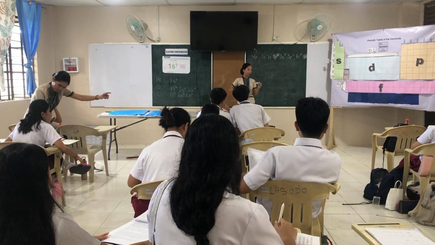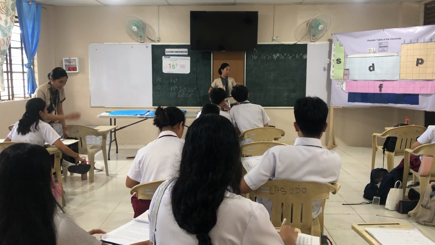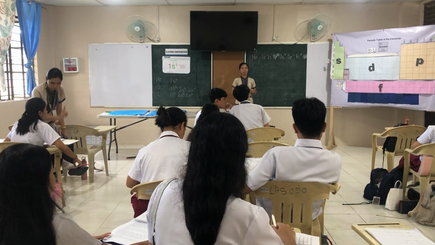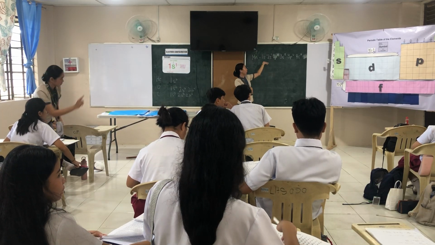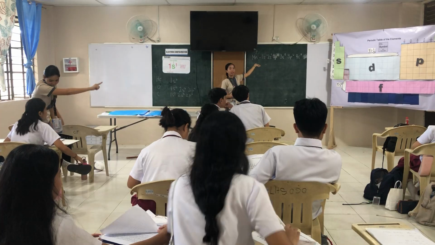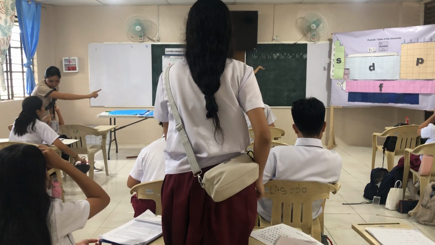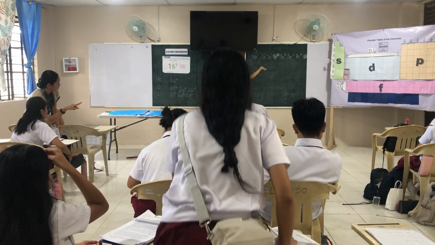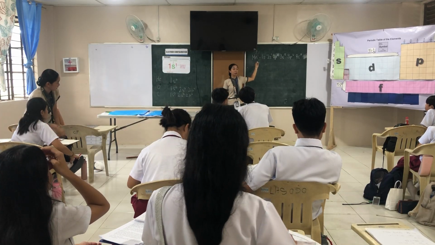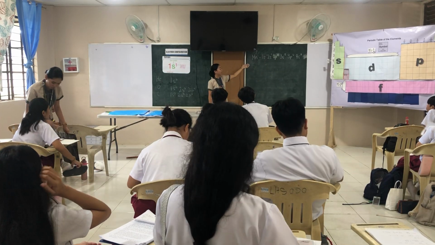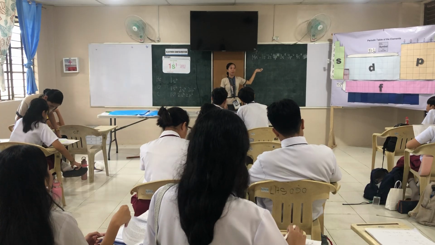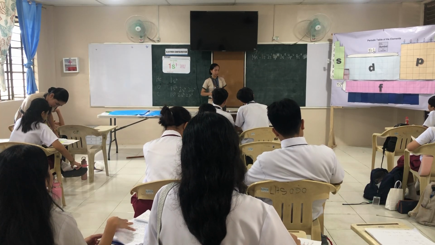How about Ishra? How many electrons do we have in this electron configuration? 25. Very good. So what is the atomic number of manganese? 25. Very good. So next, let's try